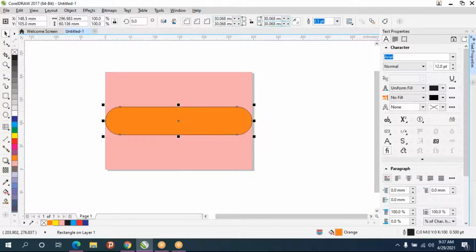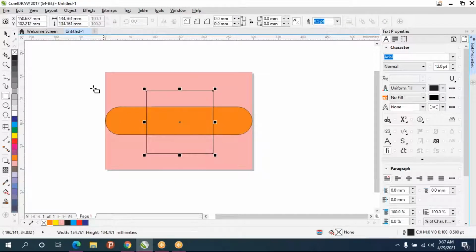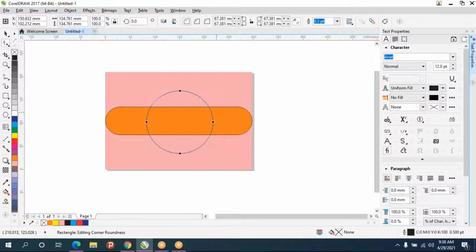Instead of adjusting values here, after taking the shape tool, I'll make a perfect square. After taking the shape tool, you can adjust the corner values directly. So it becomes a square with rounded corners, and this value will automatically change. Suppose you want to adjust only one corner, then click on this once again.